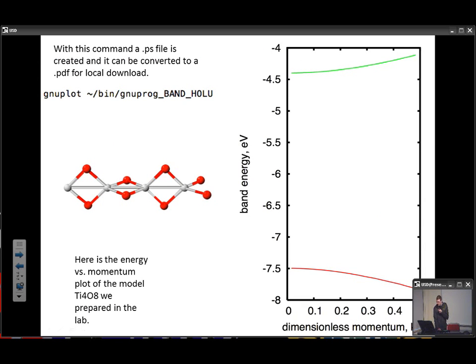So now that we have this file created, using this new plot we can look at increasing energy in the green line, for the electron, and then the hole energy decreasing for this bottom line. And so,